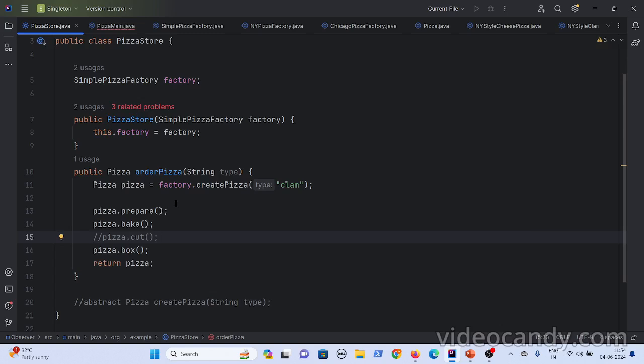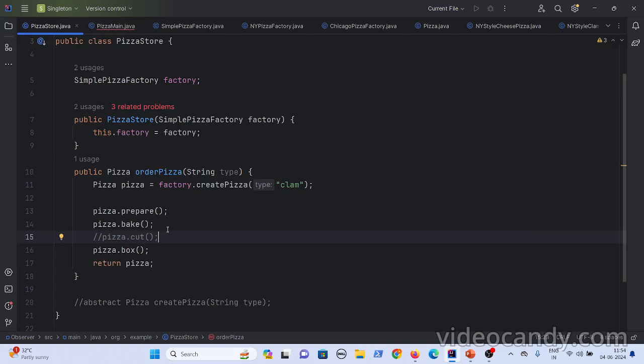If a factory or a store from one region says that I don't want this particular method, then you don't have that. If you remove it, it would get removed for all regions. Or if you add another specific method here, it gets applied to all factories with this approach.